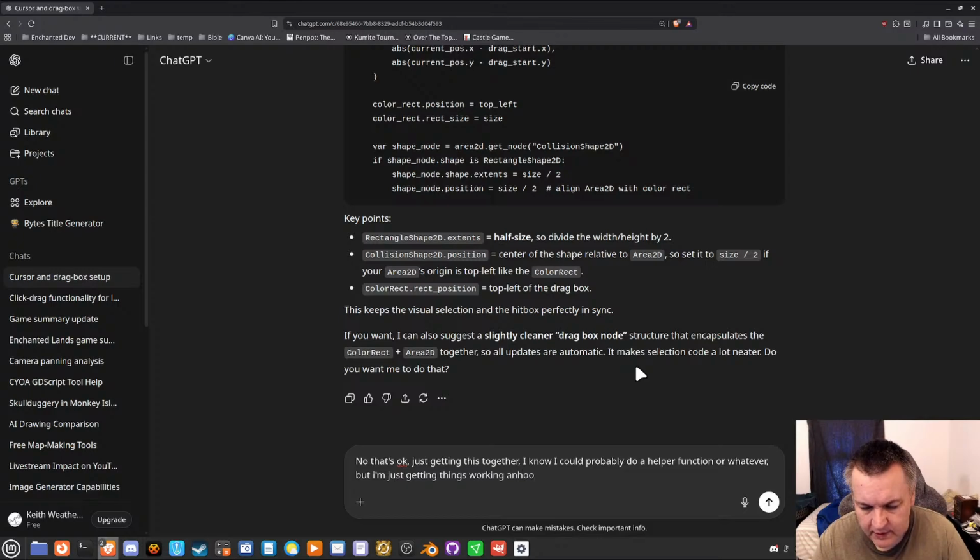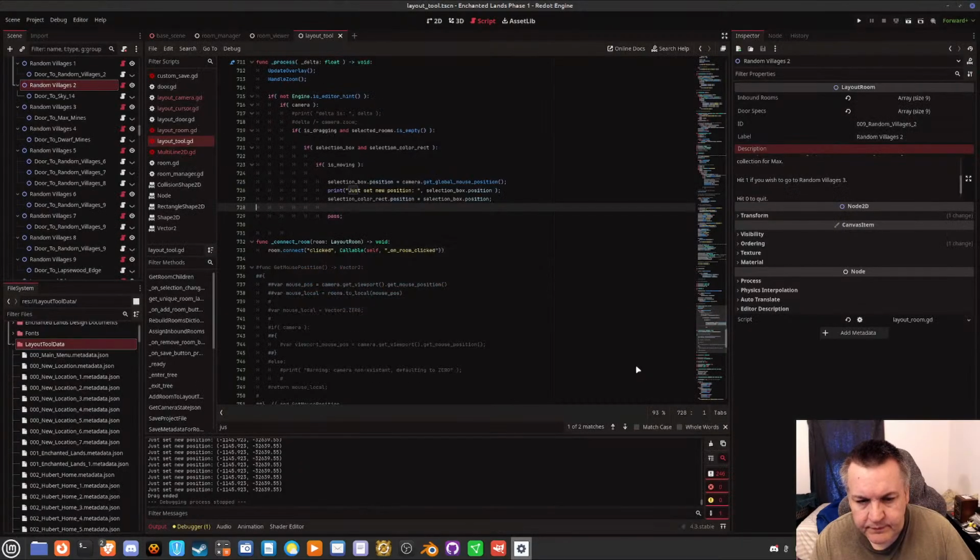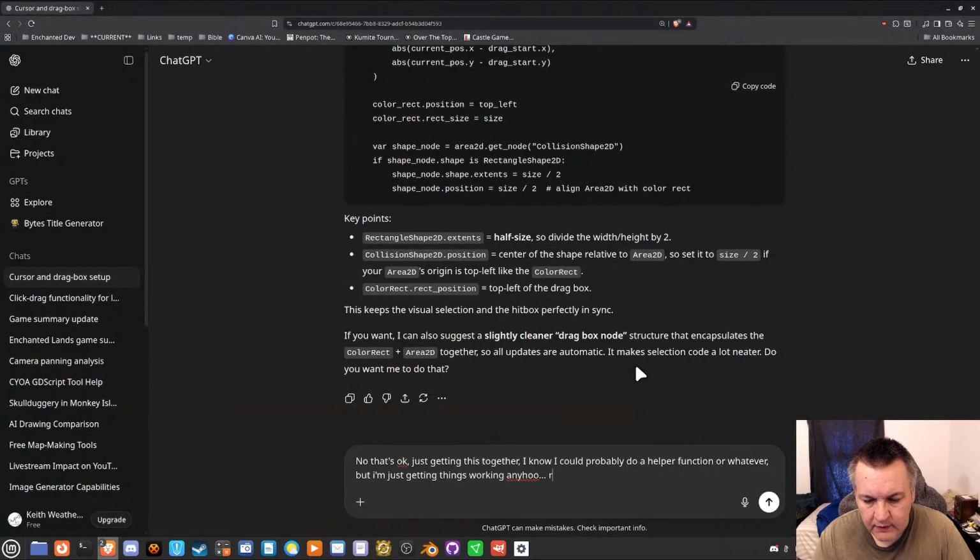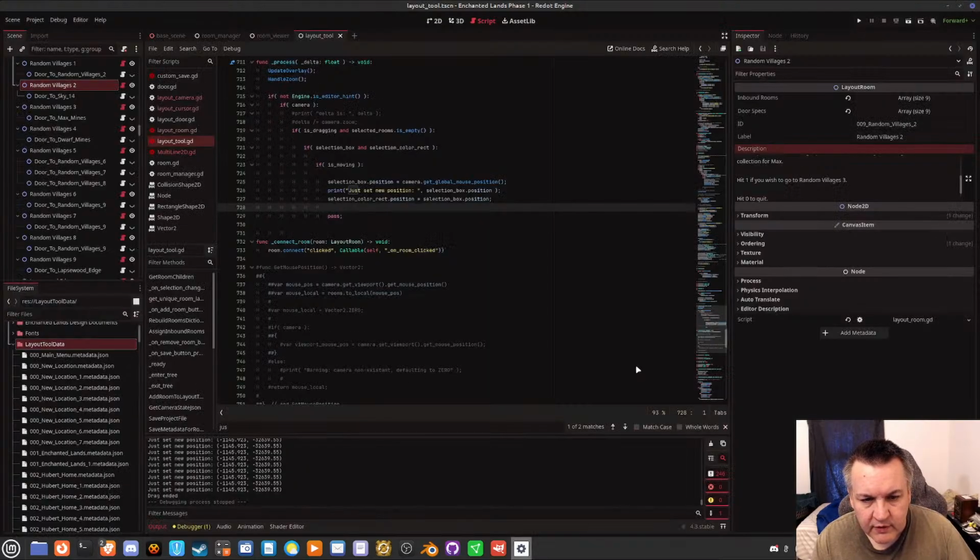Anywho, right now I'm running the cursor. Well, it's not the cursor because the cursor is just the cursor.